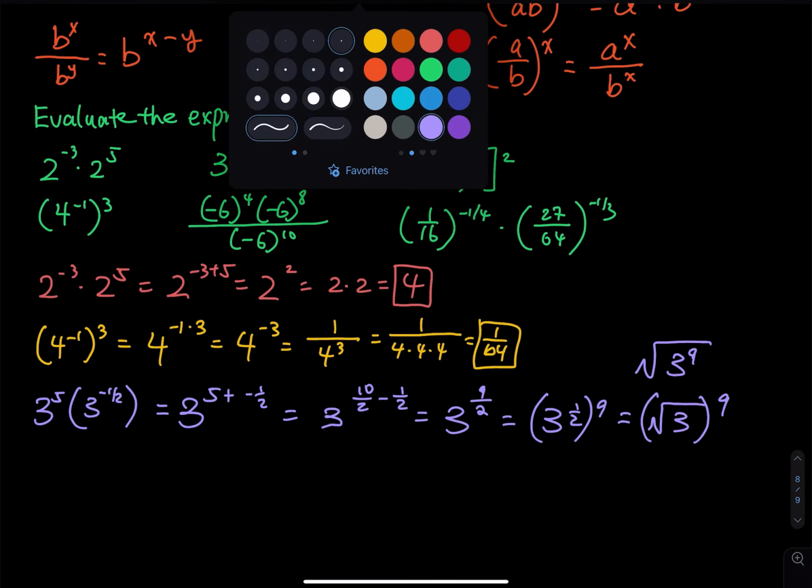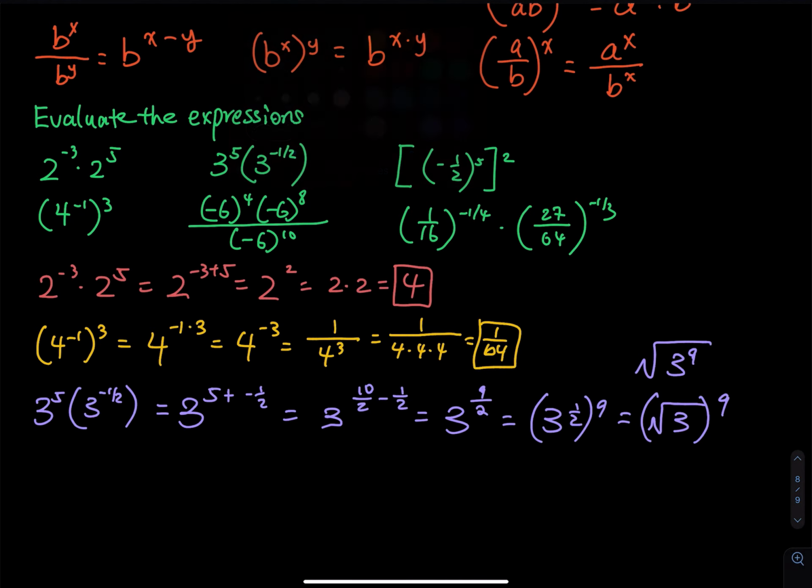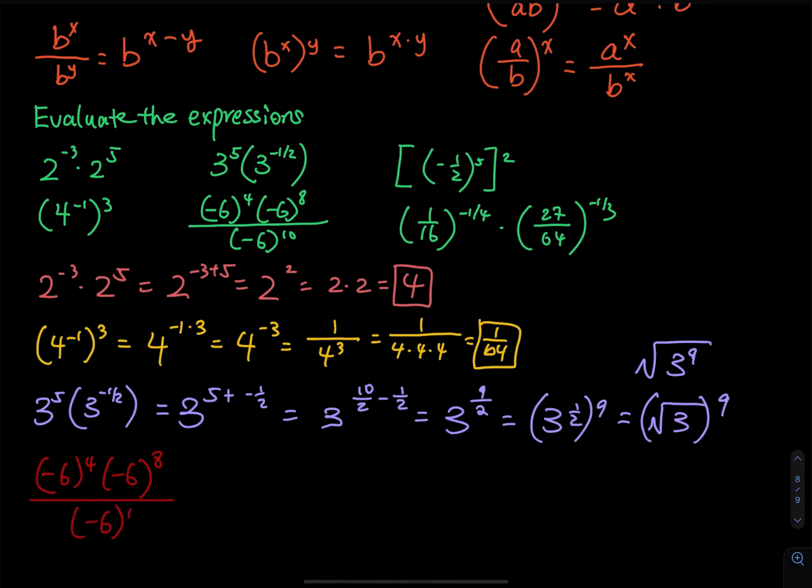Switch color again. We have negative 6 to the 4th, and then negative 6 to the 8. So that is clearly adding the exponent, and then negative 6 to the 10. So we have a negative 6, so multiply, then 4 plus 8. And then the 10th power, so 4 plus 8 is 12, so negative 6 to the 12, and then